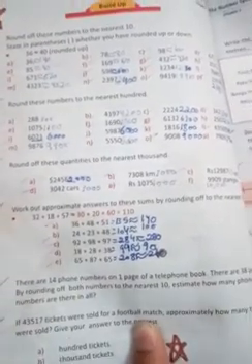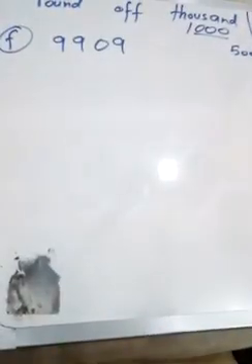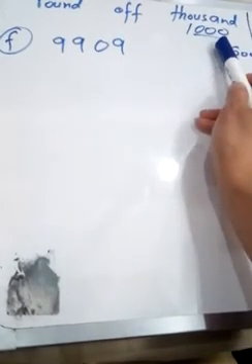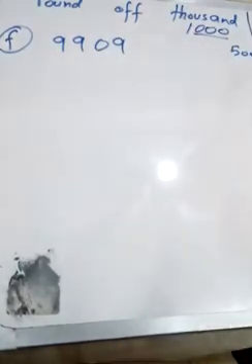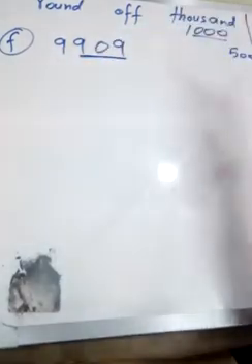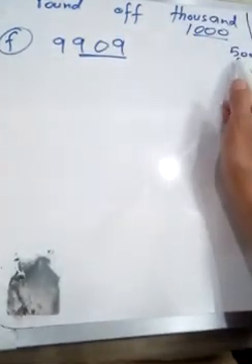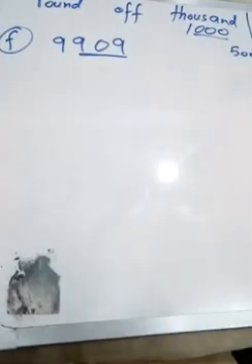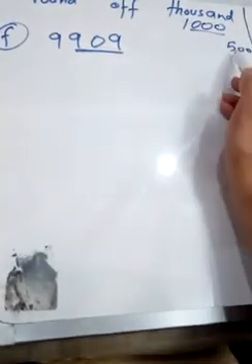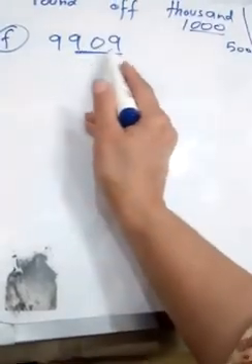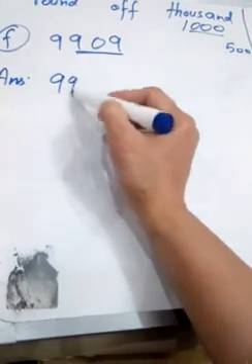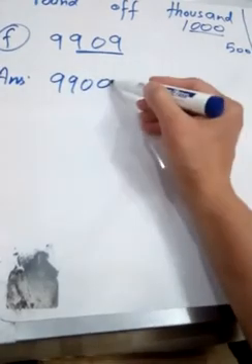For round of nearest 1000, I'm going to explain it to you here. Look here that 1000 has 3 zeros. It means that whatever the question, we have to compare the 3 digits here. And the half of 1000 is 500. It means that we have to compare that 3 digits to 500. If they are bigger than 500, then we have to round it up, and when we round it,